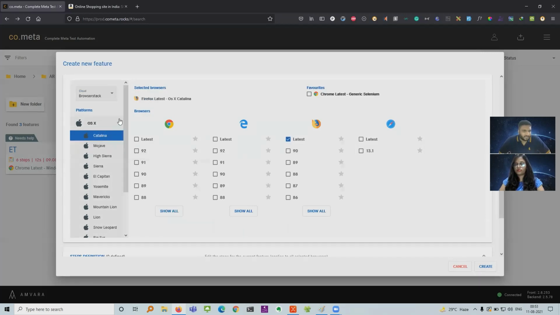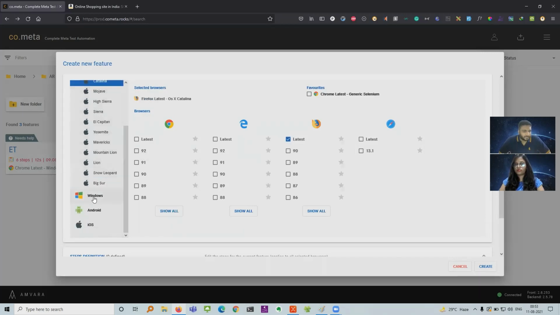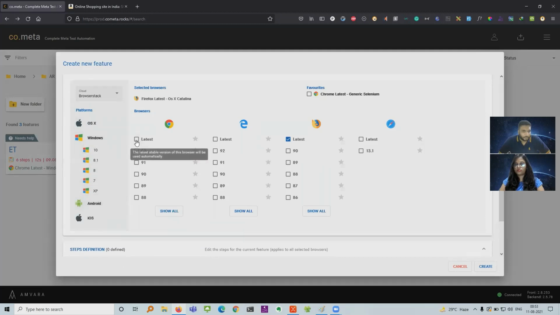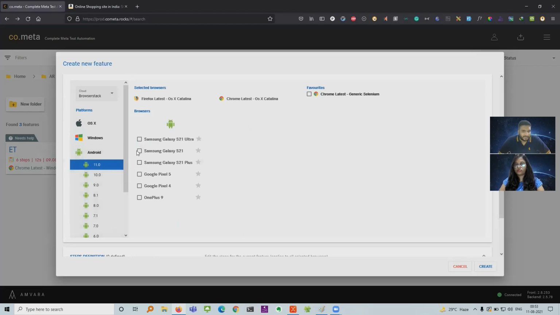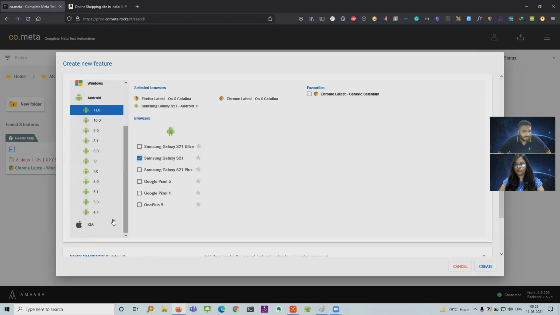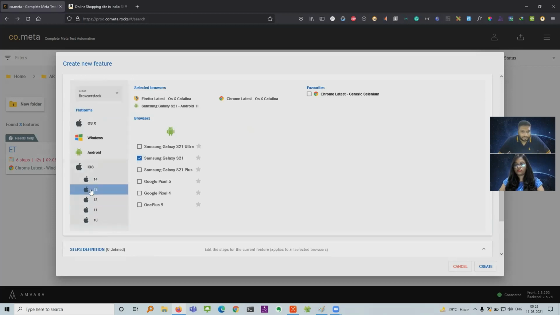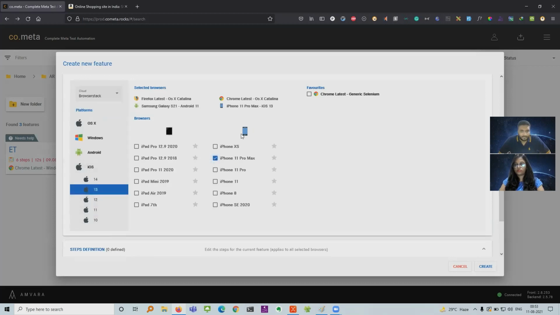I've taken Firefox from this Mac OS, and Chrome from Windows, and then I've selected an Android 11 device, Galaxy S21, and maybe iPhone 13, 11 Pro Max. So I've selected a sample set of 3 to 4 devices.